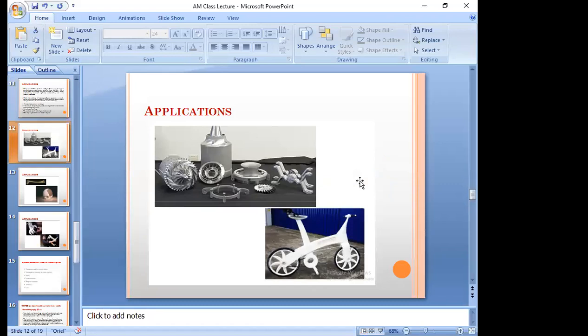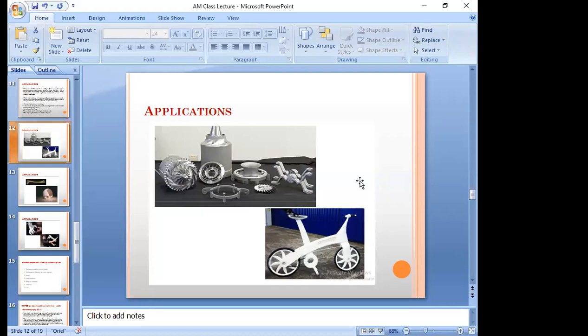Here it is visible, but as of now it is still developing in stage, so it is not suitable for mass production.